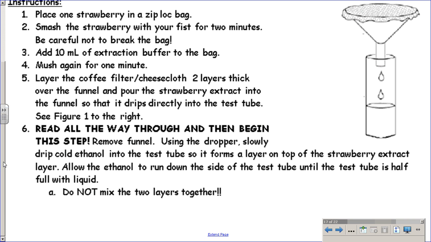So at this point, step 6, you have to read all the way through because what you have to do is you turn your test tube to the side and you let it drop down the side, because if you put it right in, it drops and goes through the middle of the solution. And then it's mixing together. The DNA won't extract. It won't work. Okay, so you have to read that part very carefully. Do not mix the 2 layers is the main point here. There's some other steps after that, but it's all pretty straightforward. If the DNA is beautiful and you want to keep it, I will find a container and let you keep it. Okay? All right, your lab groups are, get ready.